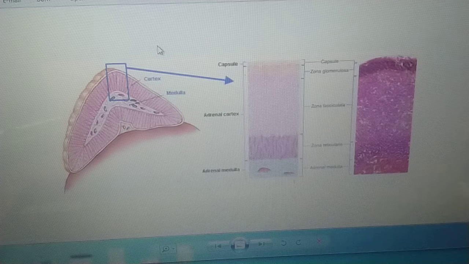This hormone increases RBC count but decreases the WBC count of the blood. It also elevates blood pressure. Cortisol has the capacity to cope with stress. When we are under stress, our body secretes cortisol. That is why this hormone is called the stress hormone. Okay, now glucocorticoid acts on the cells of the liver.